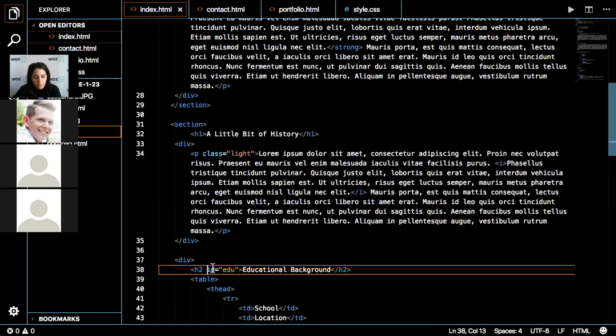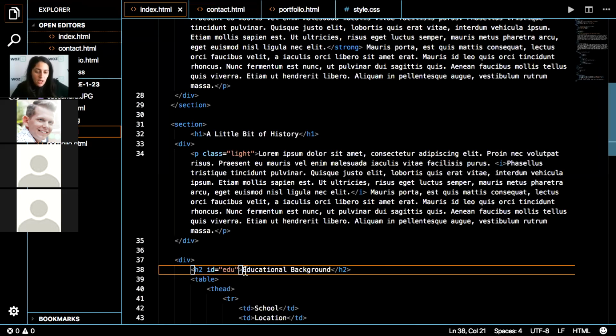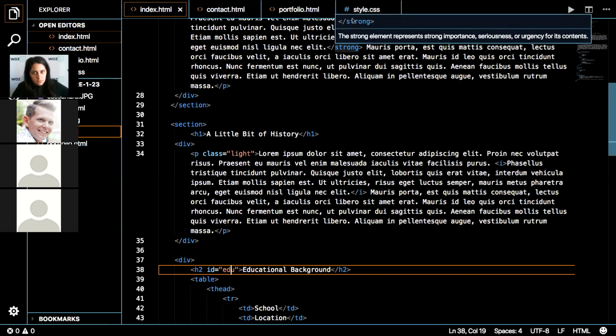So here I've created the ID EDU. So it works the same way. Is there a reason why you're saying EDU, or could it be like XYZ? I did EDU because it's just educational background. That's why I chose EDU. That way I knew where it was. But you can make it equal to anything. So the hashtag had to go before EDU, but it didn't have to go before light or the other one?